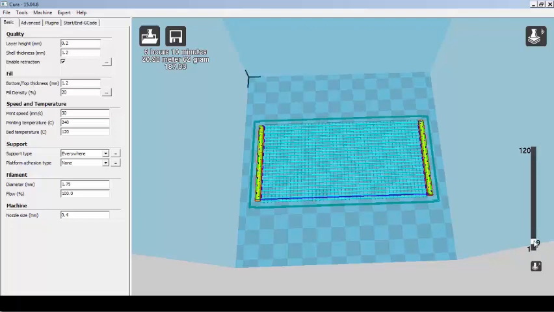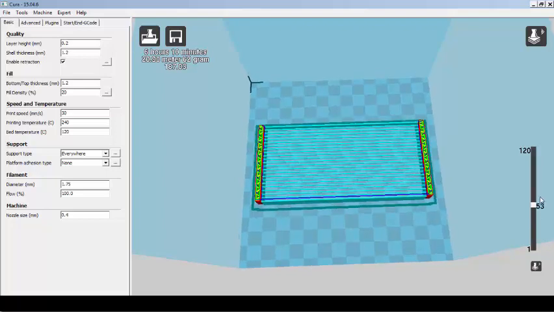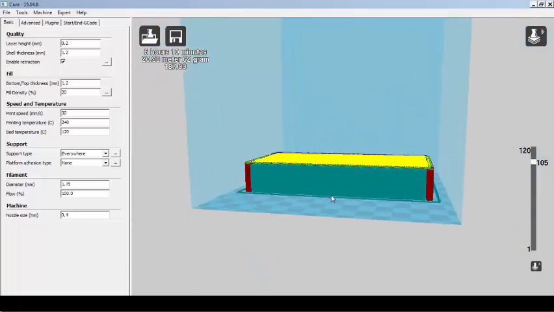There are software options available by which you can reduce the amount of support material, because that is a wastage. So minimizing it is an optimization process. There are several softwares available in which there are options using which it is possible to reduce the amount of support material. But it is important to understand why support material is required.